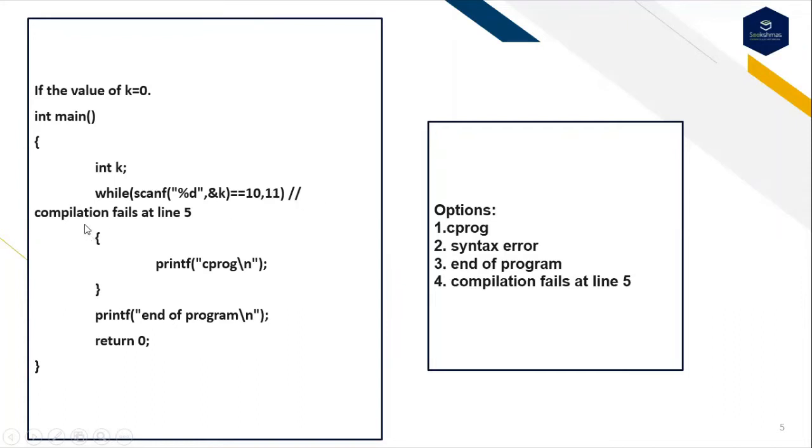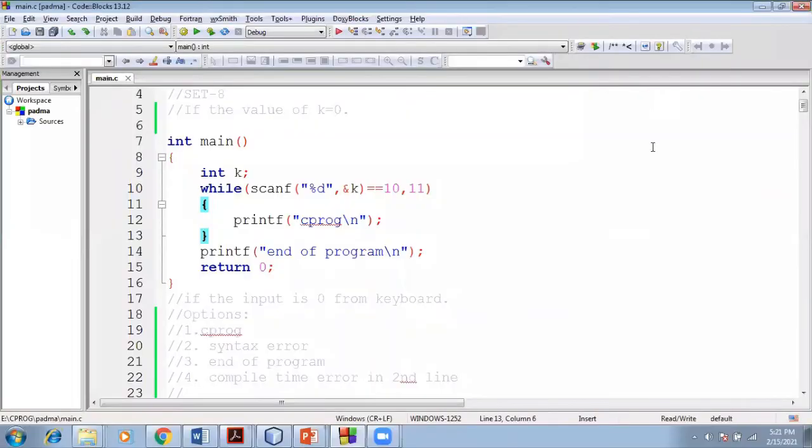And also I'm asking whether the compilation fails at line 5 or not. After that, if it is successful, C program will be displayed, or else it will go to the end of the program. These are the following options. First one is C program, the second one is syntax error, the third option is end of program, and the fourth option is compilation fails at line 5. If you are trying to run this code,